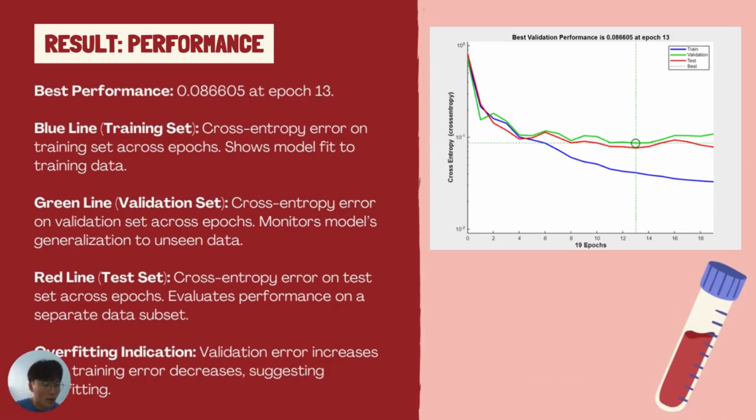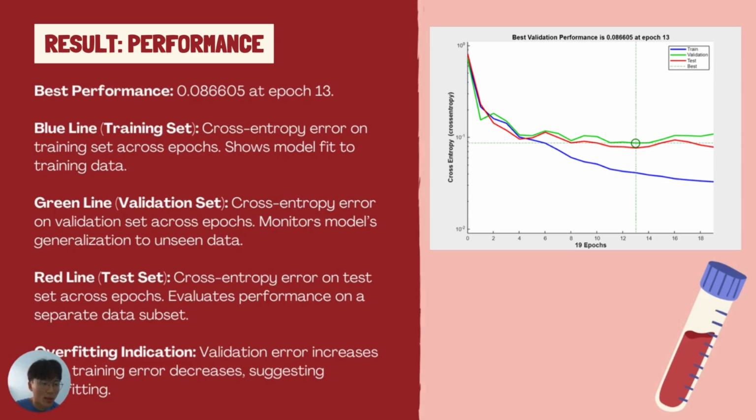So now I would like to explain one of the results from our model, which is the performance. Based on this diagram, we can observe that the best validation performance is 0.0x6605 at epoch 13. And then we can observe that the blue line